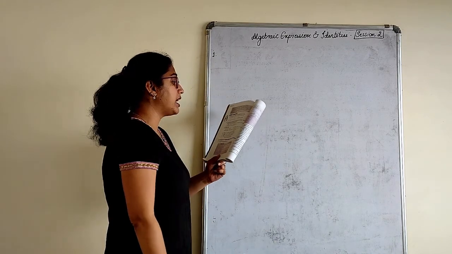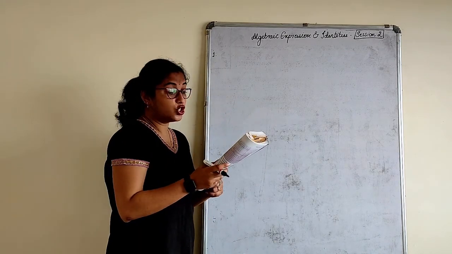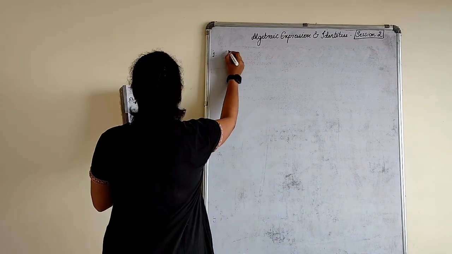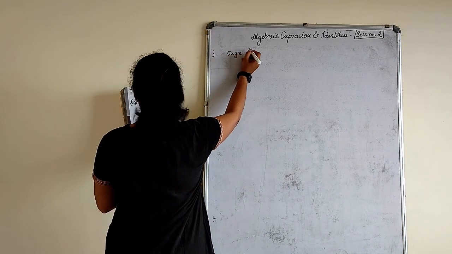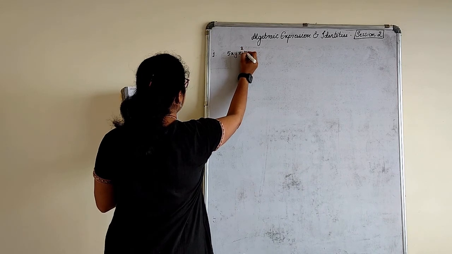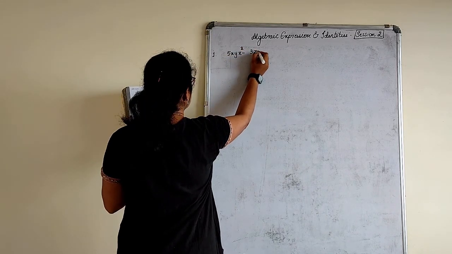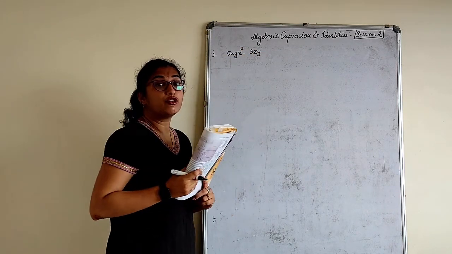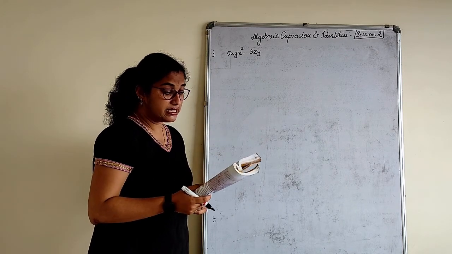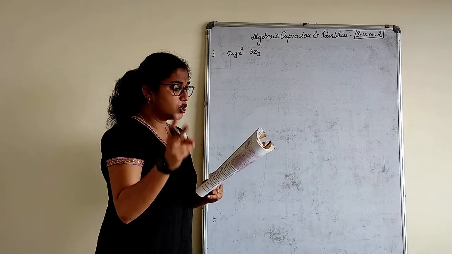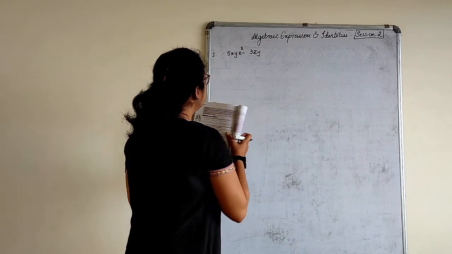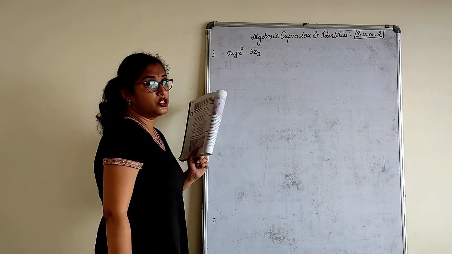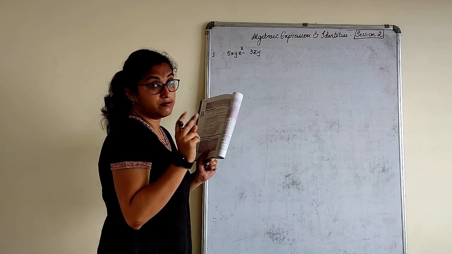Identify the terms and their coefficient for each of the following expressions. The first expression given here is 5xyz square minus 3zy. I will give you the pattern of how to write, and similarly it has to be followed. Two sums I do in this and the remaining I am going to mark for homework. So how many terms are there in this, children? There are 2 terms.